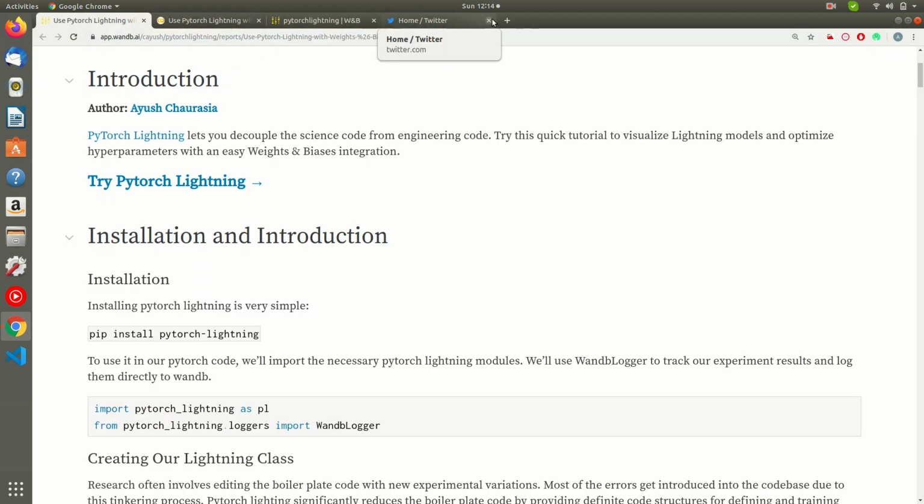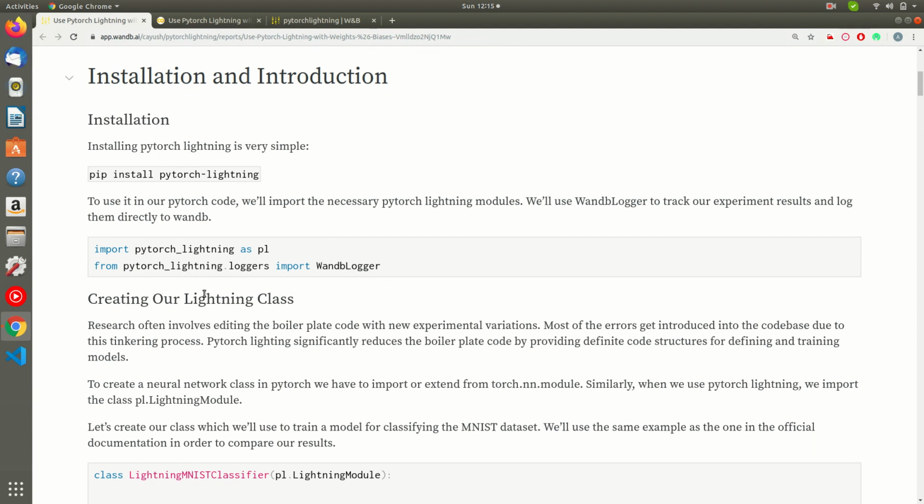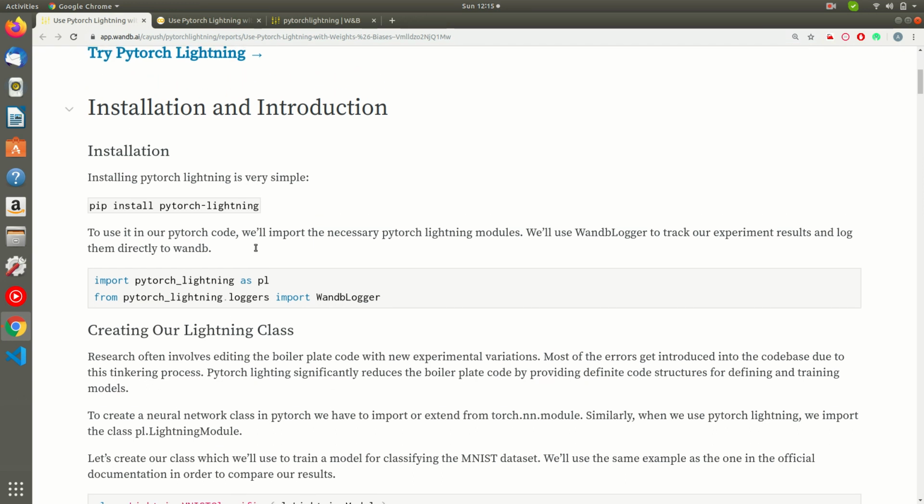Here it is. I'm just going to get rid of this, and I guess the font size is big enough. So let me get into it. First we need to install PyTorch Lightning, and it's quite simple using pip install pytorch-lightning. PyTorch Lightning comes with native support for the Weights and Biases logger, that is WandbLogger. We'll use that to log our metrics, and we'll automatically track the performance of various models with combinations of hyperparameters.